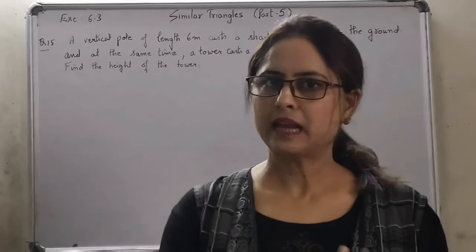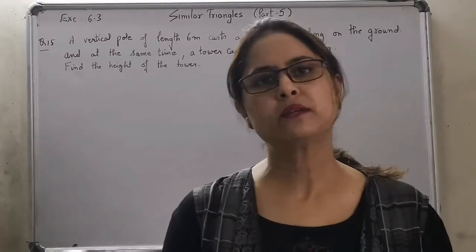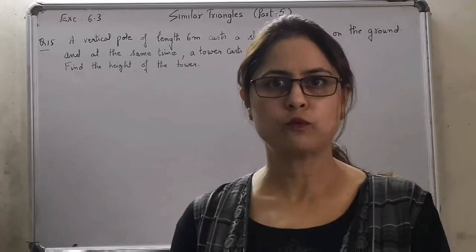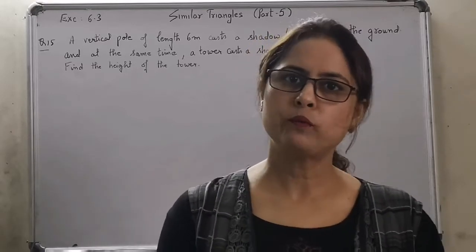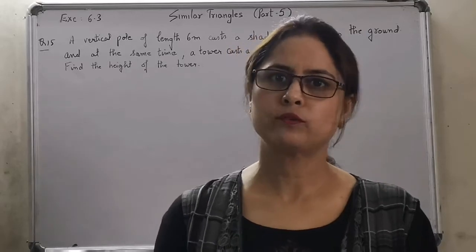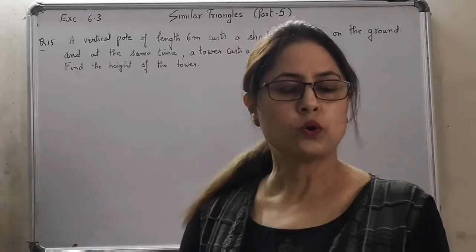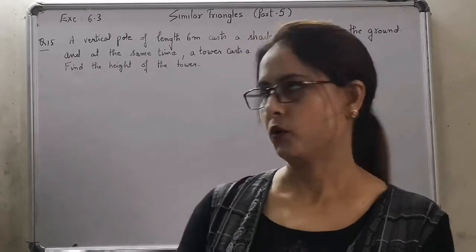As you all remember, in the last video we were doing the chapter of similar triangles. We have done till exercise 6.3 quiz number 14, and right now we'll be moving on to the same exercise 6.3 with quiz number 15, which is on the board. Just pay attention to how the figure is intended to be drawn.